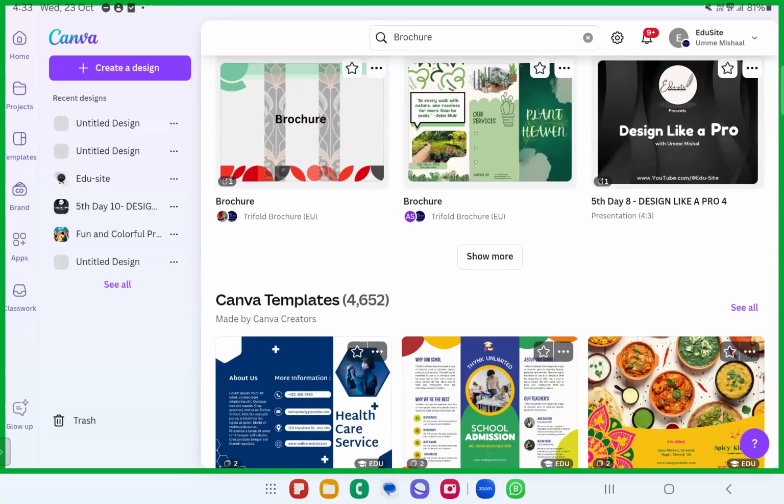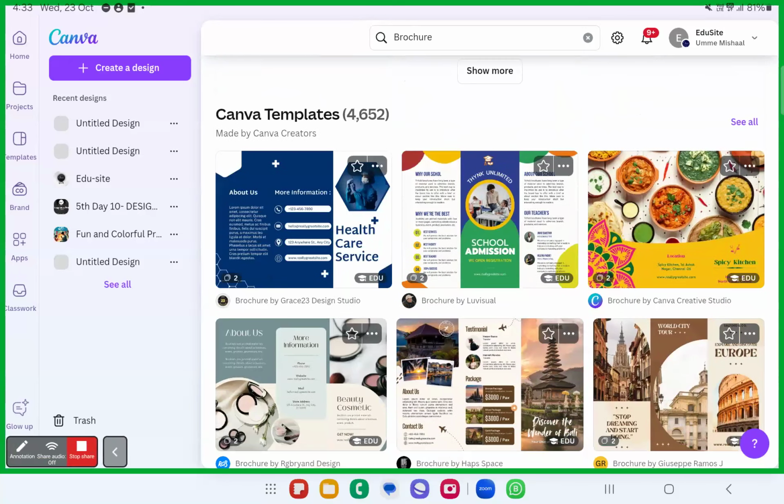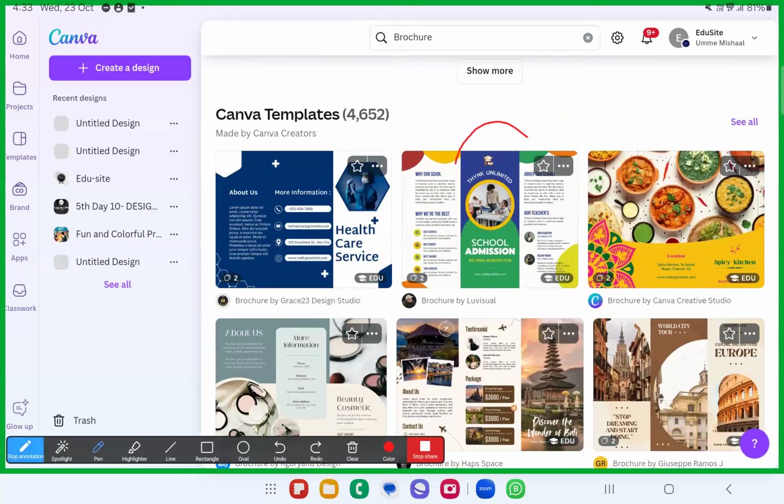Fine. For example, just look into this. School admission brochures. What do they do in a brochure? Can you all tell me? A single design is broken up into three pieces. It can be three pieces or four pieces or something such. Hopefully you have seen brochures wherein they fold it in three folds and give it to you.